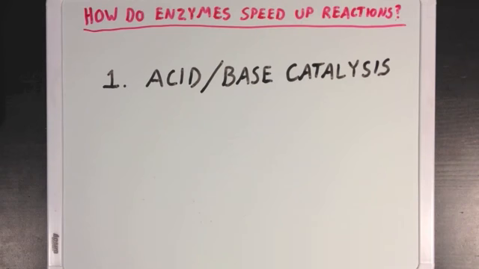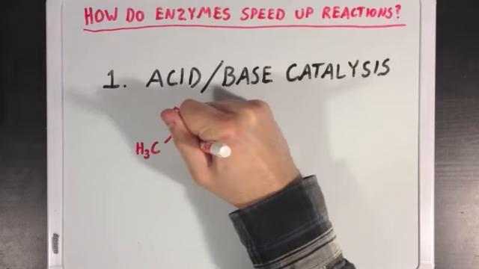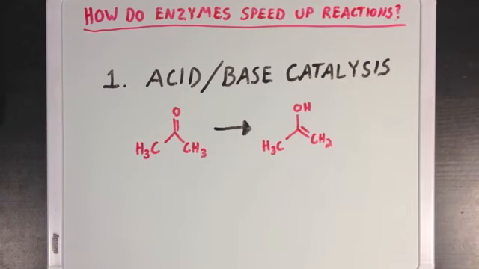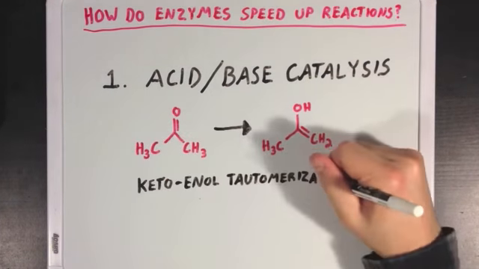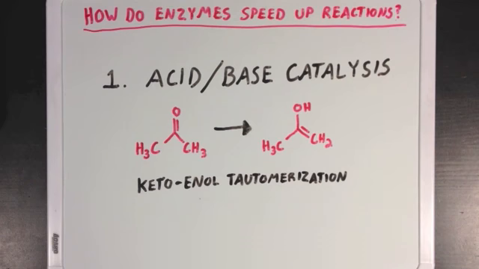Now remember that acids and bases are proton donors and acceptors. And if you look at this type of a reaction, which if you remember from organic chemistry is a keto-enol tautomerization reaction, we have a proton moving from a carbon atom to an oxygen atom. And since acids and bases are pretty good proton carriers, they could both help with this reaction and make it go a little more quickly by helping to move that proton around, instead of this molecule doing it by itself.